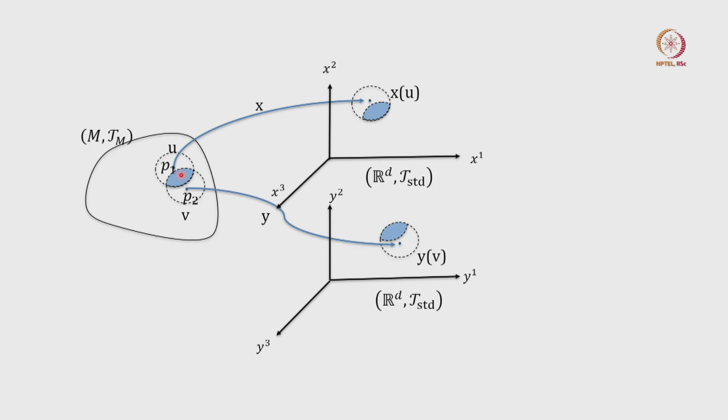Which means even if I define x and y differently for these two open sets, there must be a transition map